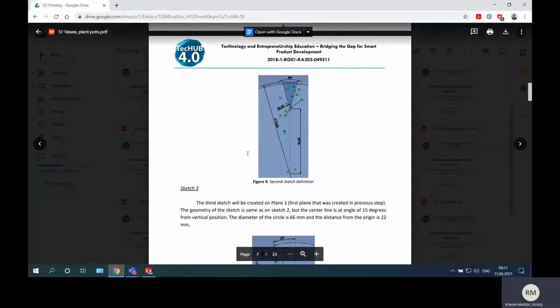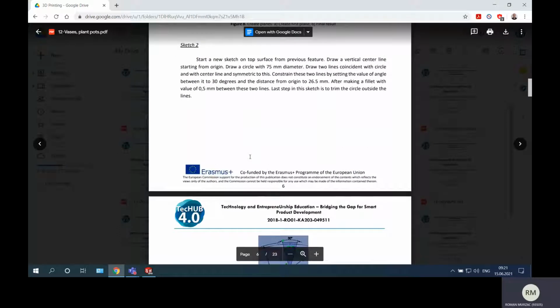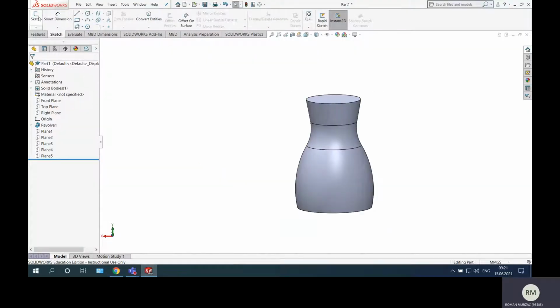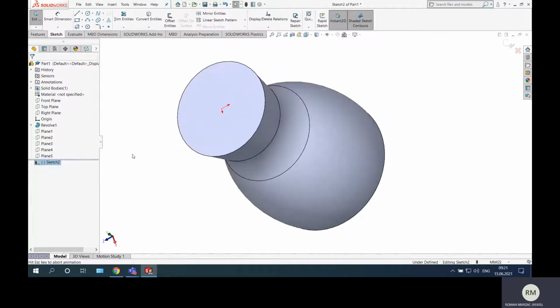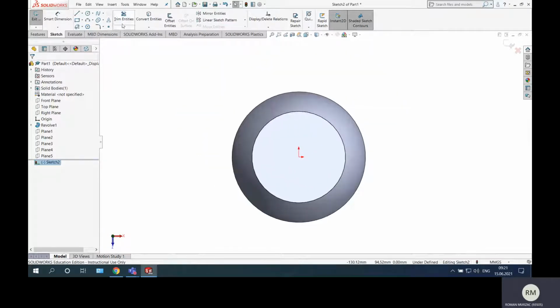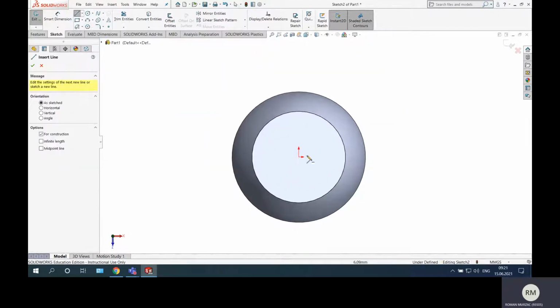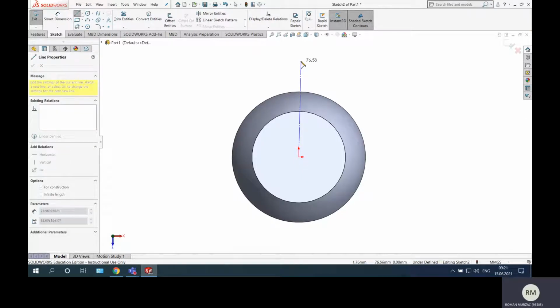So it will be on top. I suppose that I will create it on the top surface. Yes, you can see here on top surface. So the next sketch is created on the top surface. So just click on the top surface, look normal to the sketch, and here first of all I will create an axis. It will help me to